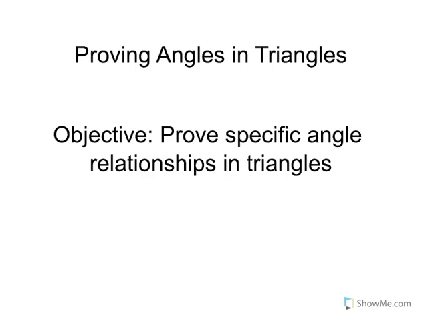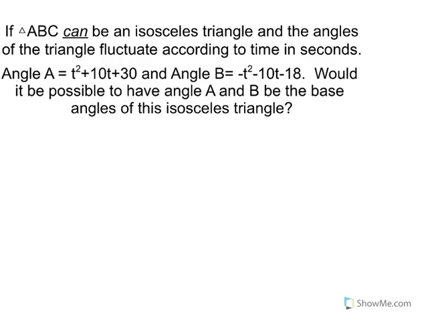Today we are going to talk about how to prove specific angle relationships in triangles using statements and reasons. So the first problem we looked at in class said, if triangle ABC can be an isosceles triangle and the angles of the triangle fluctuate according to time in seconds, angle A is equal to t squared plus 10t plus 30 and angle B is equal to negative t squared minus 10t minus 18. Would it be possible to have angle A and B be the base angles of this